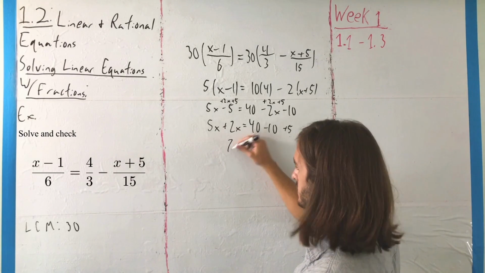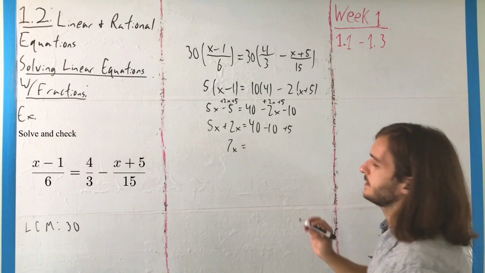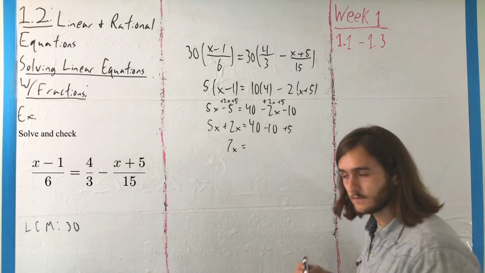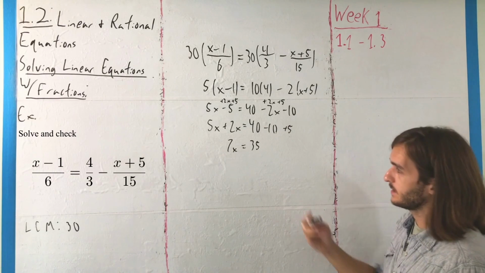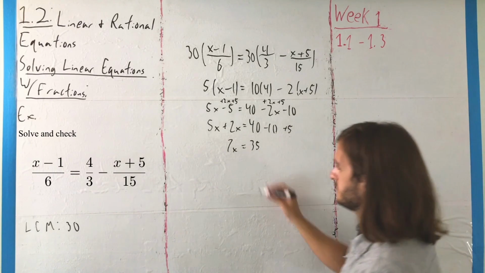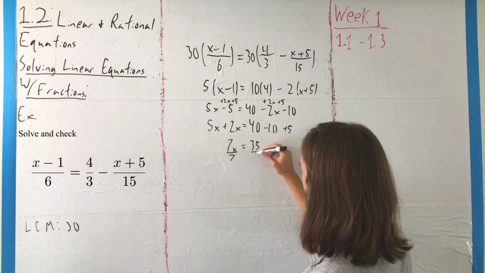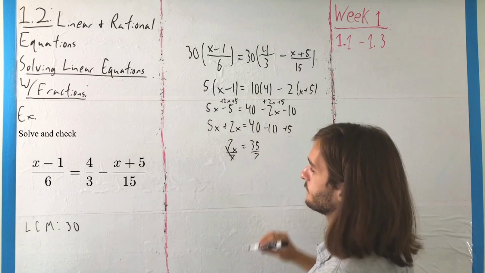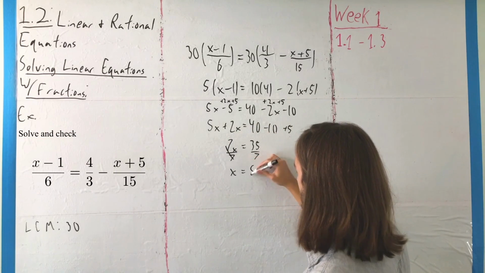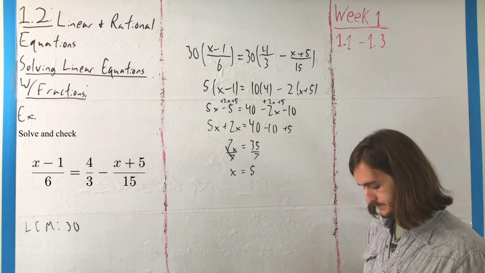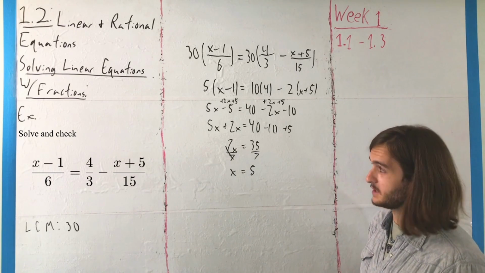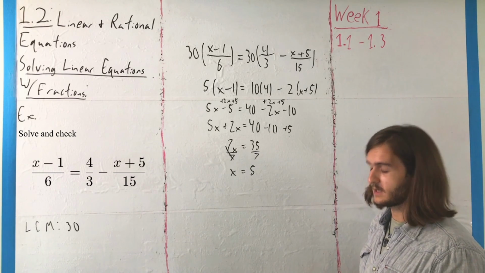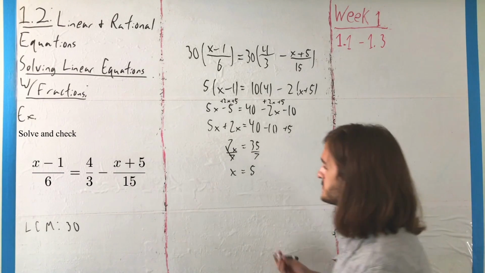5x, 2x, like terms, you get 7x, 10 coming off of 40 leaves 30, add 5 back in, you get 35, and then from there, standard approach, divide both sides by 7 to get rid of that guy over there, and you are left with x is equal to 5. Let me make sure I'm in the right place in my notes because I don't want to get ahead of myself. From there, when we have x equals 5,